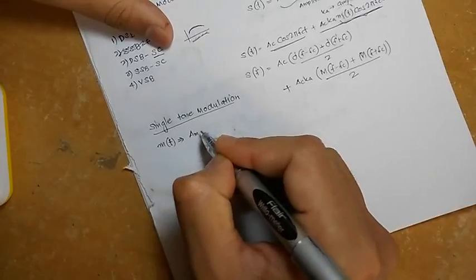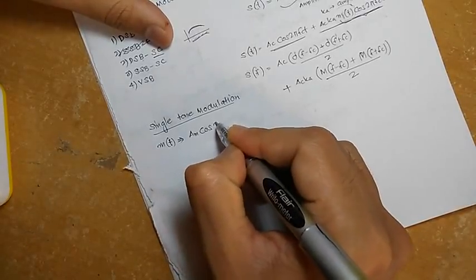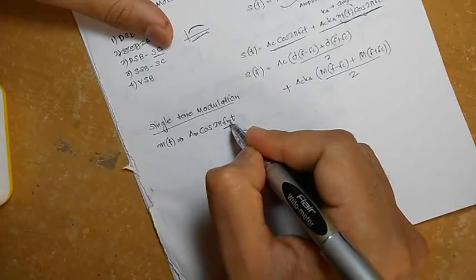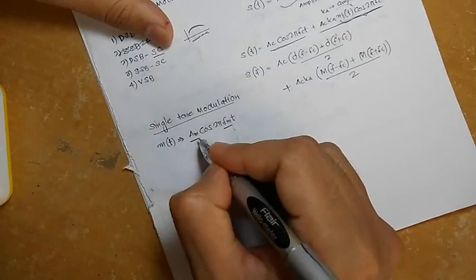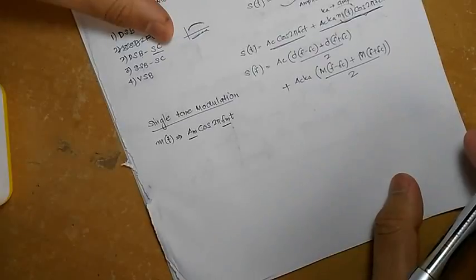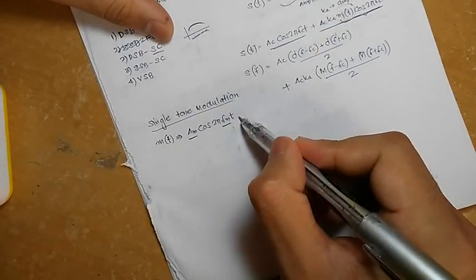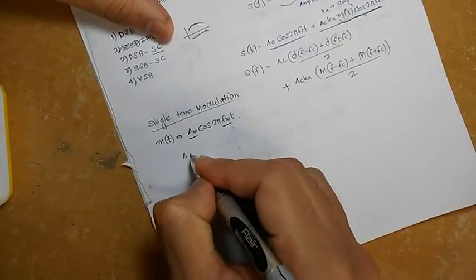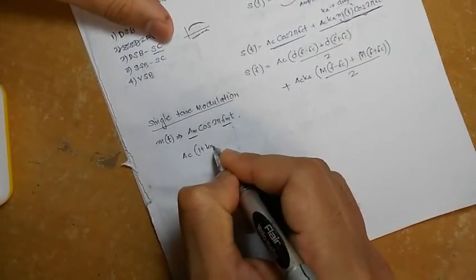So this will be Am cos 2 pi fmt, where fm is the frequency of the message signal and Am is the amplitude of the message signal. If we put this equation into this, we will get AC 1 plus Ka